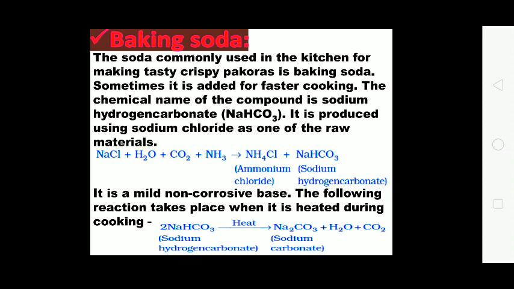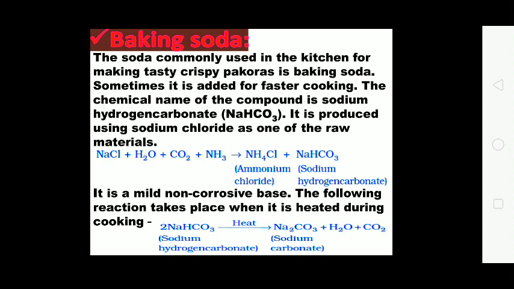So Na means maybe NaCl is used, right? From the CO3 you can remember that carbon dioxide must be used, and beside this the water, remaining oxygen and hydrogen, and one more substance which is used in making baking soda, that is ammonia, NH3. So by the reaction of all these, NaCl, H2O, carbon dioxide and ammonia, sodium bicarbonate is prepared, and along with this ammonium chloride is prepared.